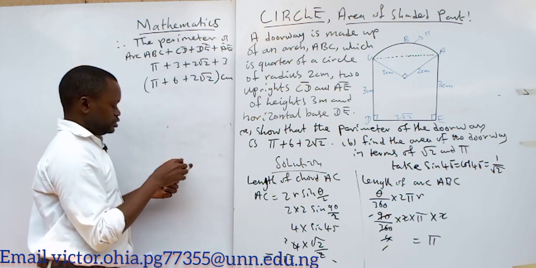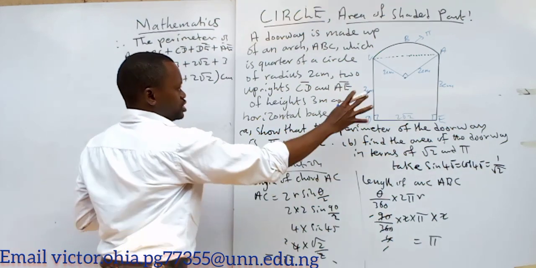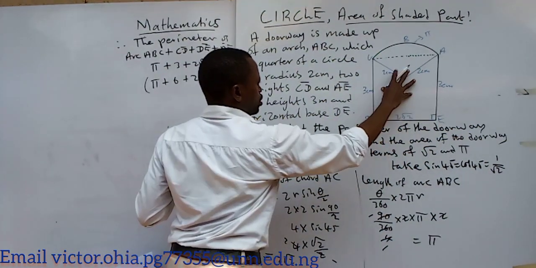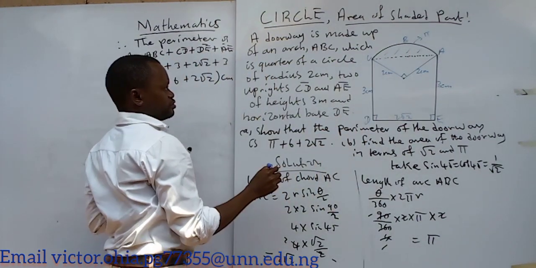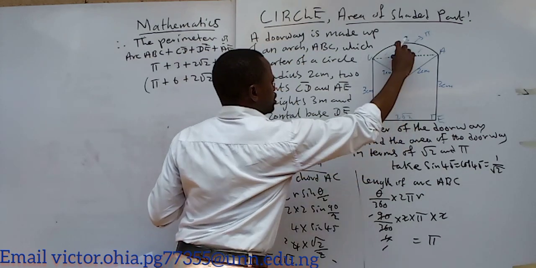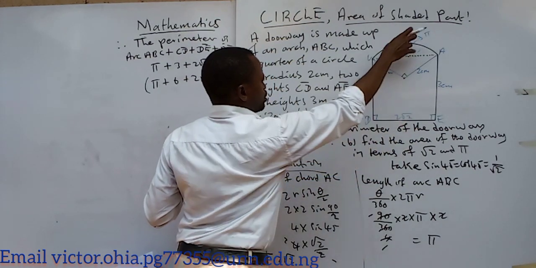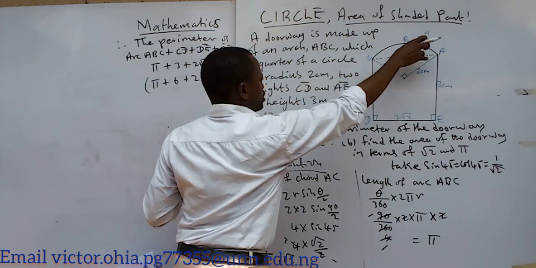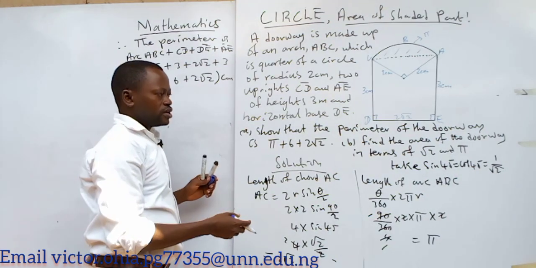and if you look at it, you see two things there. You will see a rectangle here and a minor segment inclusive. Did you see that? Look at a rectangle. You can shift this one down and then this one stays separate. So I will calculate the area of this rectangle and then calculate the area of this minor segment and then add both of them. That will give me the area of the doorway. Okay, so